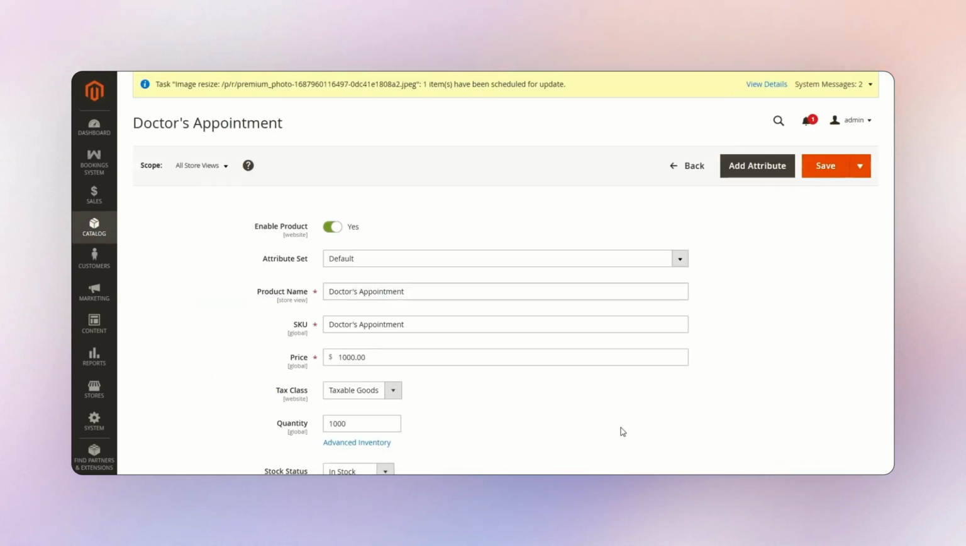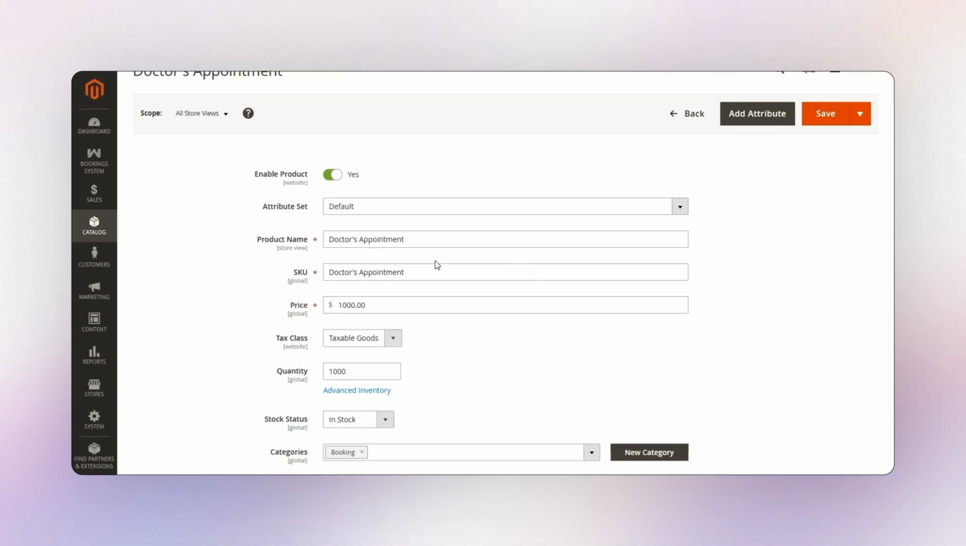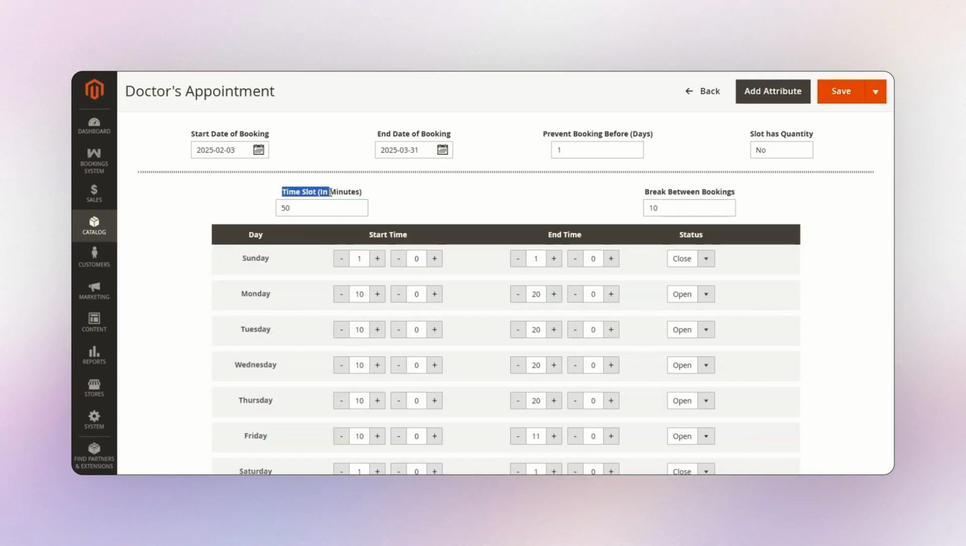For this demonstration, I have already created a product named Doctor's Appointment. We'll use this product to explore the workflow. I have filled in all the required details. There is a time slot in minutes field, which means each time slot will have a duration of 50 minutes. Enter the break between bookings. I have entered 10 here, meaning there will be a gap of 10 minutes between two bookings of 50 minutes